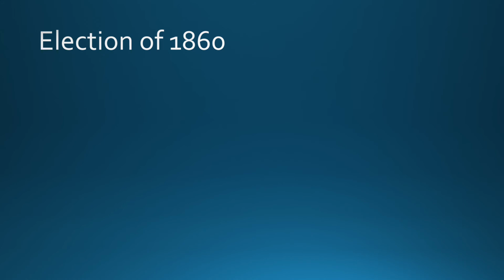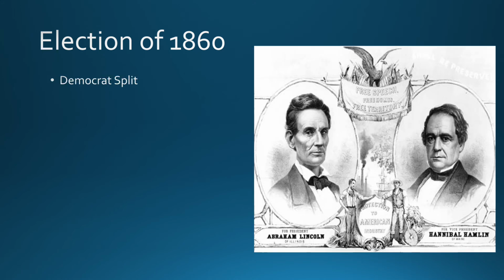Okay, so let's look at the election of 1860 then, which, if you want to talk about elections, this is one of the most monumental ones. So first off, the Democrats at this point by 1860 are split. And that's because there's kind of your moderate Democrats, Northern Democrats, and then you have your hardcore Southern Democrats. So the Democrats are going to put up two candidates for office.